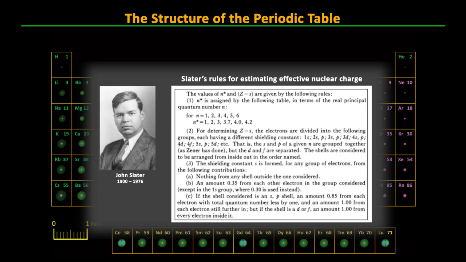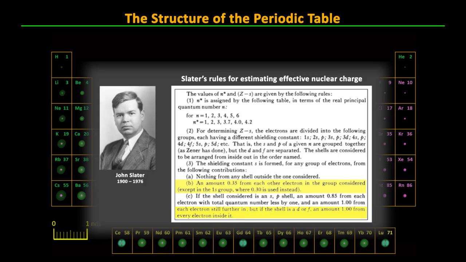According to his rules, electrons at n-2 and lower levels are 100% effective at screening out nuclear charge, each electron canceling a proton's charge 1 for 1. Electrons at n-1 have a screening effectiveness between 85 and 100%. And electrons with the same quantum number n will have a screening effectiveness between 30% and 100%, all depending on the values of n and l.